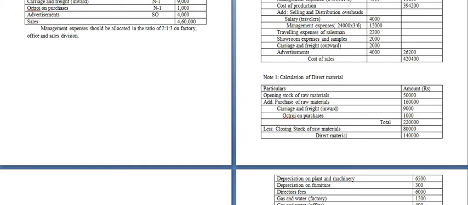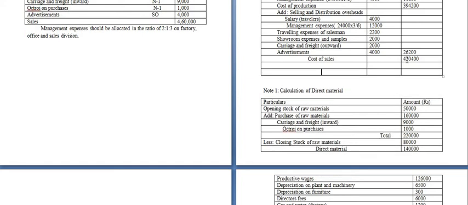They have asked us to prepare cost sheet. And here they have given us the sales. Okay, now sales amount is how much? Last point they have given 4,60,000. So write it in the amount column, 4,60,000. Now we have to find out whether there is profit or loss. So how we can find out profit or loss? Sales minus cost of sales. Now sales amount is how much? 4,60,000.